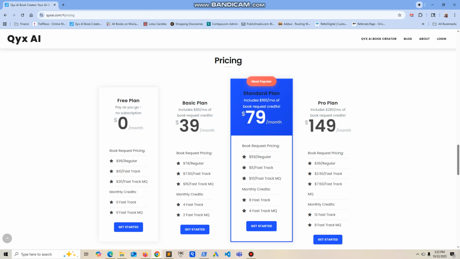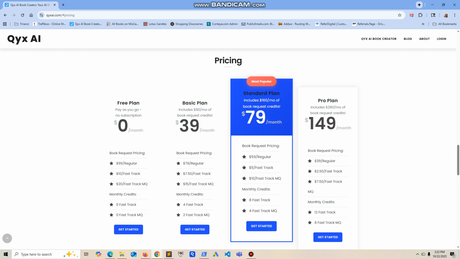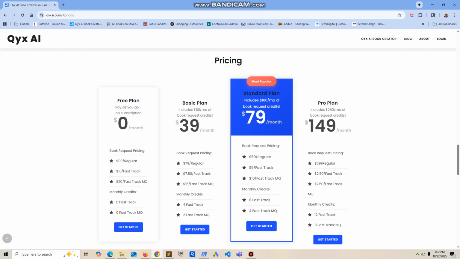Now we've got a number of different plans, and to understand the difference between these plans, we're going to take a bit of a diversion first. And we're first going to talk about the different kinds of books that you can order on Kix AI Book Creator. And there's really 3 different kinds of books you can order. Now they all look similar. They're all books with introductions, table of contents, essentially they all look similar from the structure perspective,